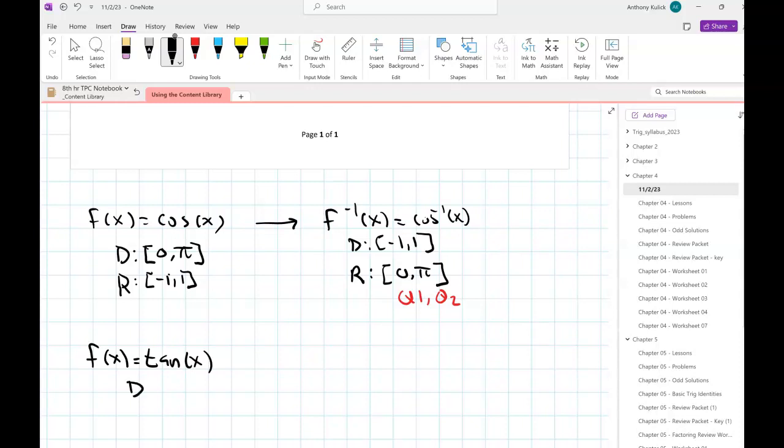Now let's do tangent. So for tangent, the domain that we restrict down to is negative pi over 2 to positive pi over 2. But notice this time